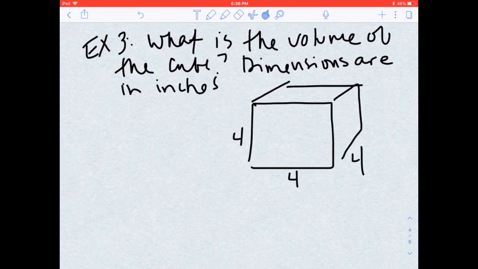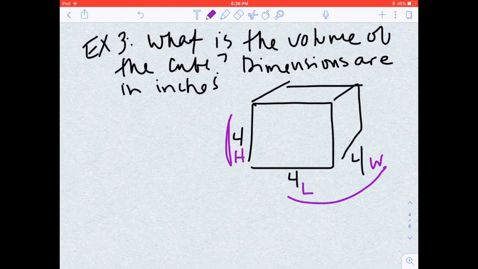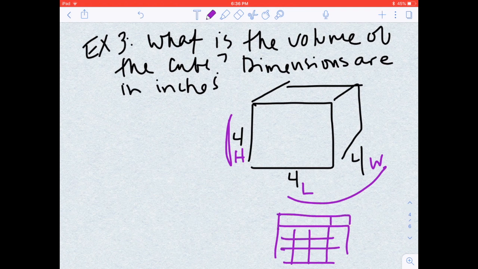All right. Number 3, what is the volume of the cube? Dimensions are in inches. So what they want you to do again is think about this as having a base, which is your 2 fours, and rows. Or think of it as length times width times height. Well, my base is 4 by 4, so it's like saying, and this is not to scale by any means here, people,